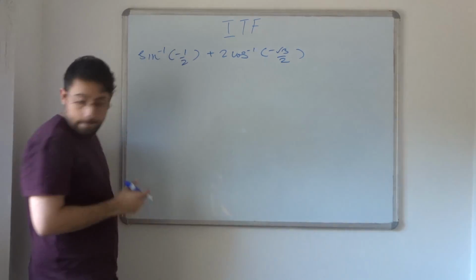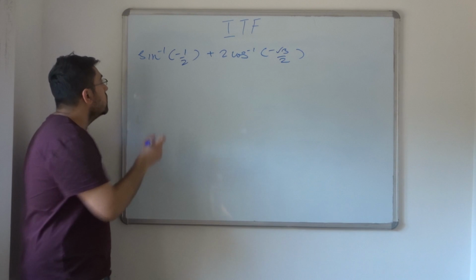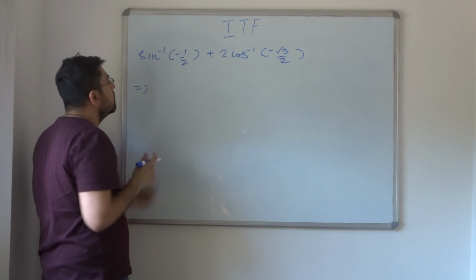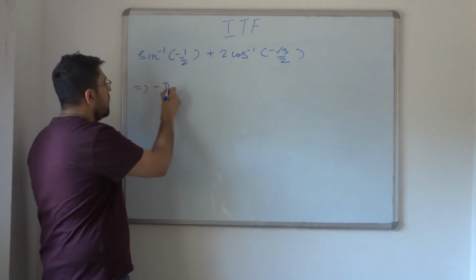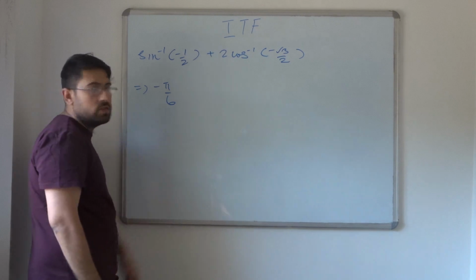Okay? इससे भी मुश्किल आपको सवाल करवाऊंगा बहुत जल्दी. So let's just do this one. Okay, now I'm not going to make any mistake. Okay, this is negative pi upon 6. Okay, so now common sense is